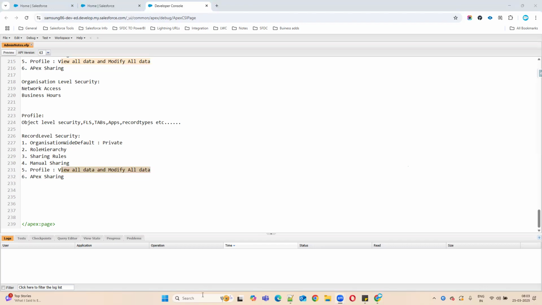Yeah. So exactly. Modify all data is an administrative permission, madam. If you give this permission, is it for one object or all the objects? All the objects. In case you want to give it for a specific object, what can you do? You can go to that specific object and give it there, that is also possible. In case you don't want all the objects, for the objects you want, you can give view all or modify all. Understand, madam? Yes, sir. Okay.